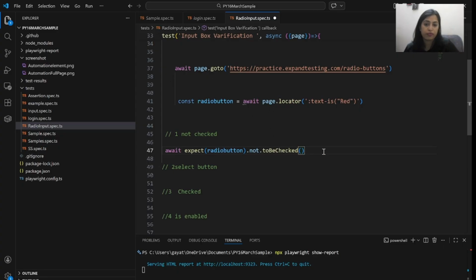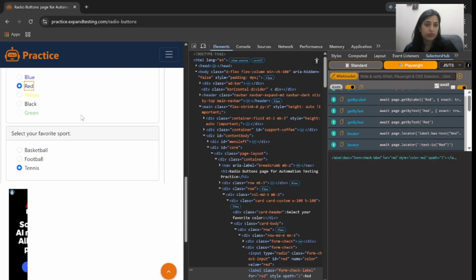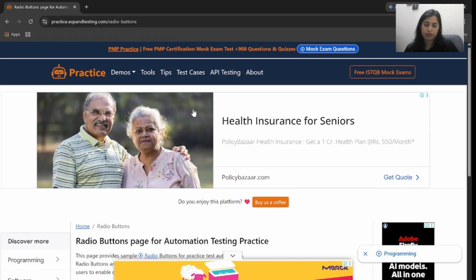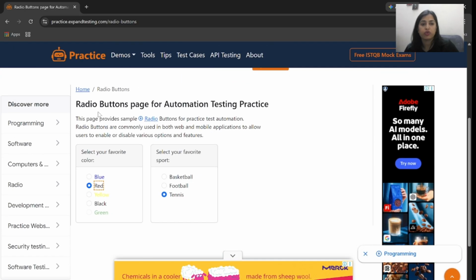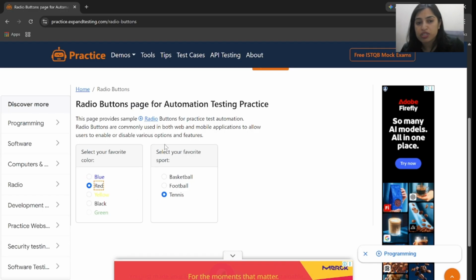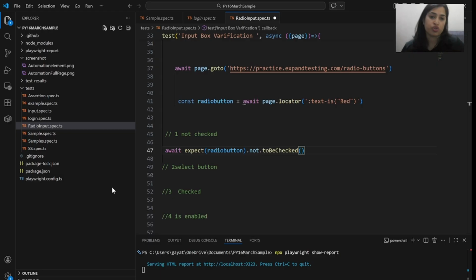First, you have to check this. Why? Because see, this is your website, for example, your automation website which you have to automate. So you have to verify whether your checkbox is selected or not. If it is selected, what will be the next action? If it is not selected, what will be the next action? Because if we do not verify this, your script will fail later. For example, if it is already checked and you try to check it again, it will give some error. Though Playwright already handles such cases, I want you guys to make sure of this.